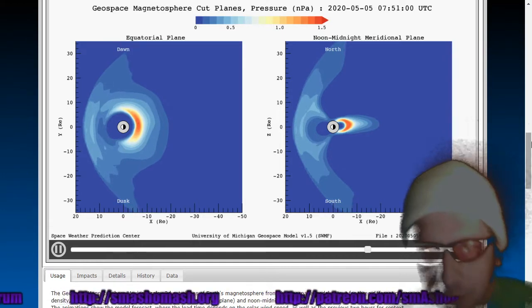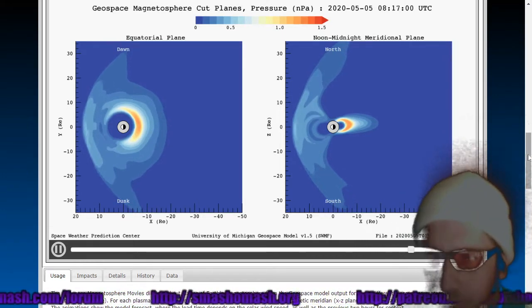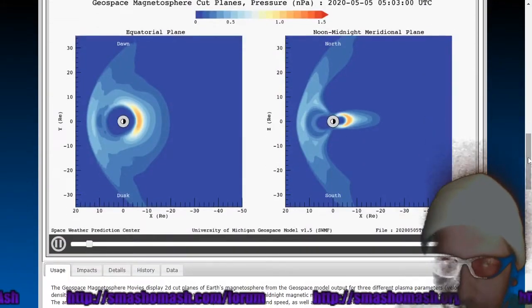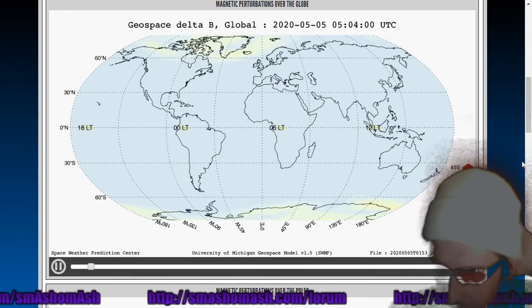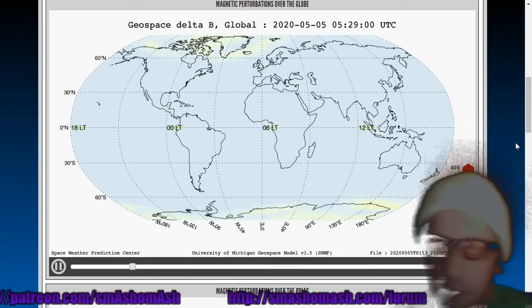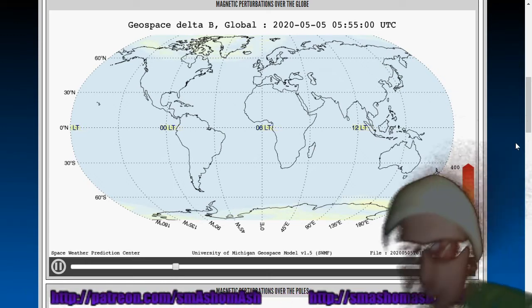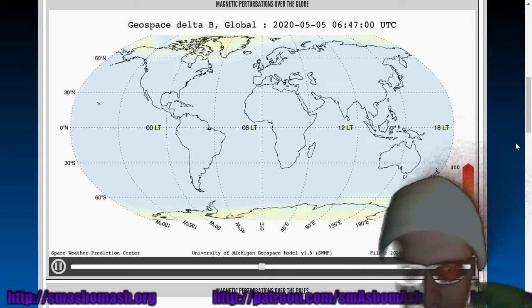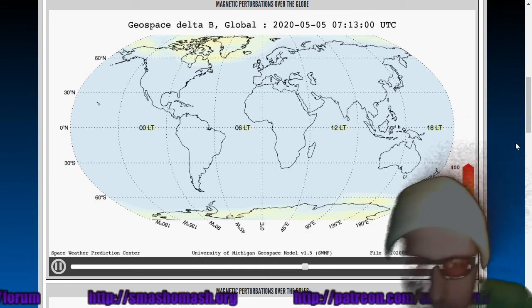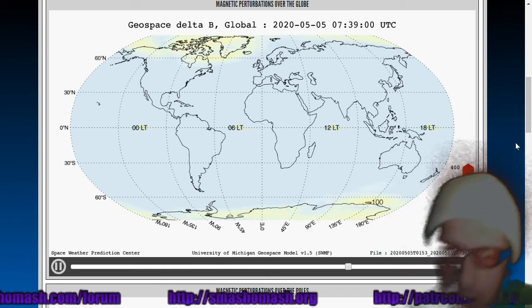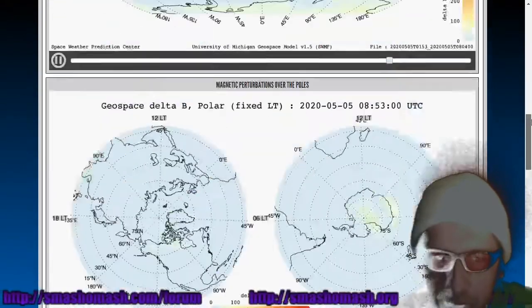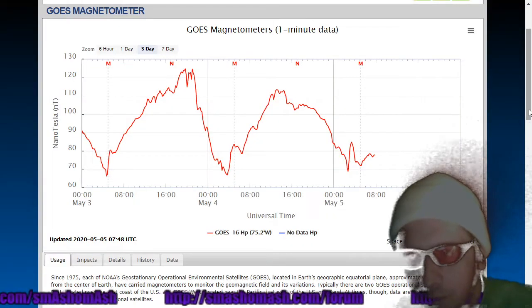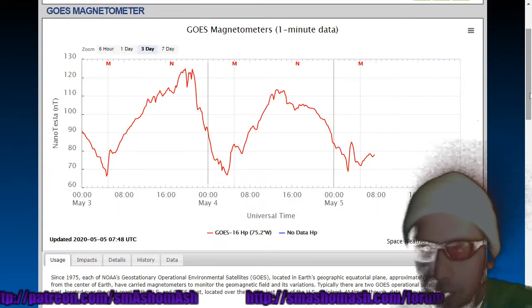Anyway, there's the 4 hours of geospace magnetosphere in terms of the pressure. Not too exciting there, pretty steady, and a pretty low pressure and velocity. Pretty low density and velocity. Here's a little closer to home, ground geospace magnetic perturbations, as these are partially induced by incoming solar protons, as well as lots of other factors. If you want to read about the Space Weather Framework model, it's listed down below in the details, and you're not going to see very many perturbations there during this polar excursion. GOES magnetometer is still kind of sawtoothed and spiky,